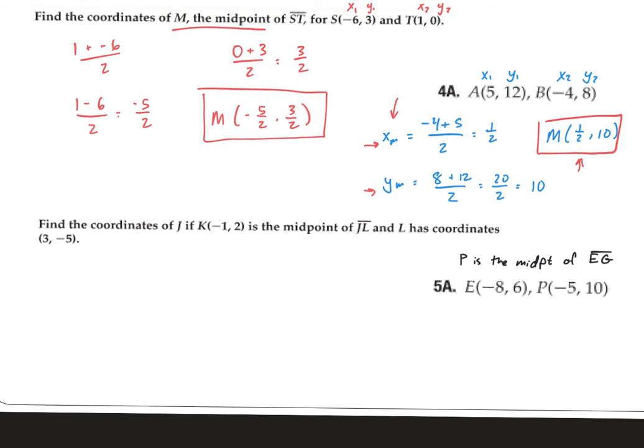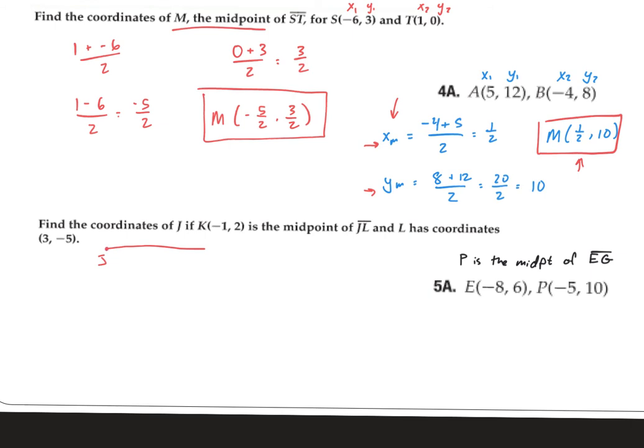Find the coordinate of J if K(-1, 2) is the midpoint of JL, and L's coordinates are (3, -5). So we are a visual culture. If ever you get confused, just go ahead and draw it. Okay, we have JL,